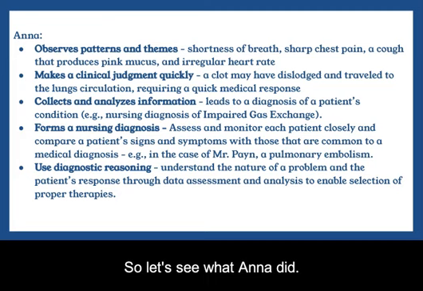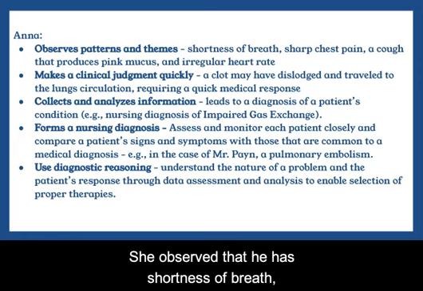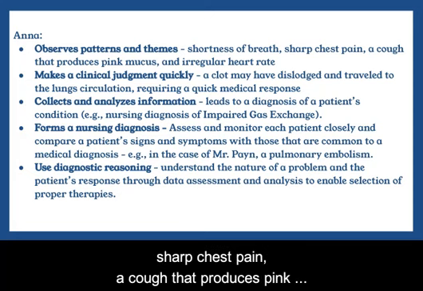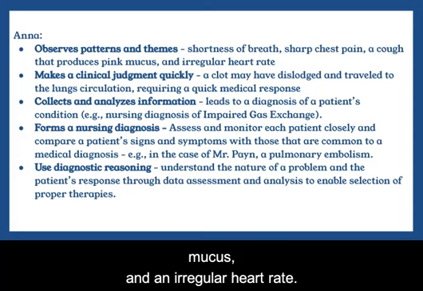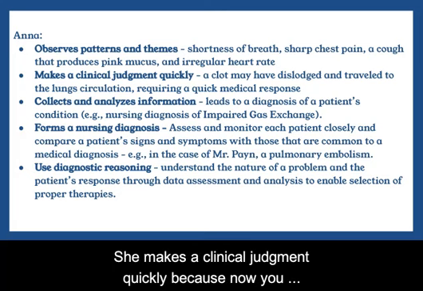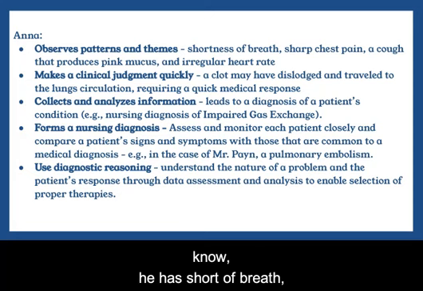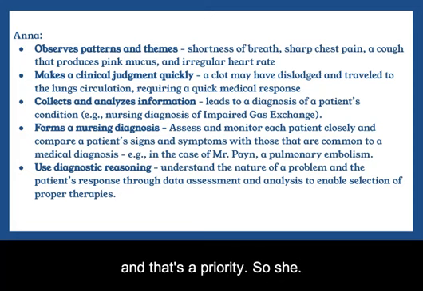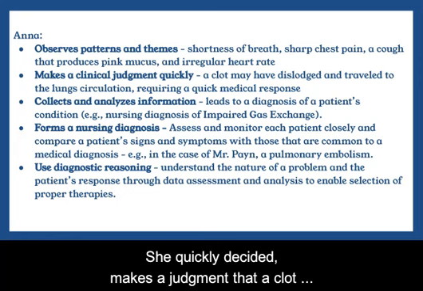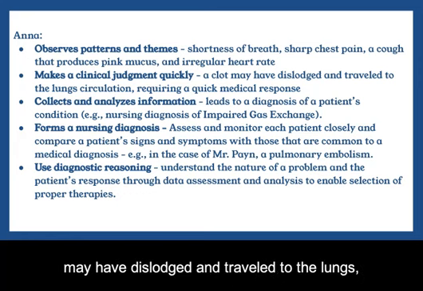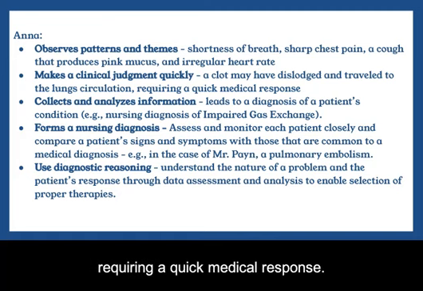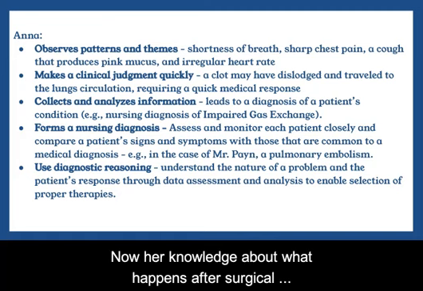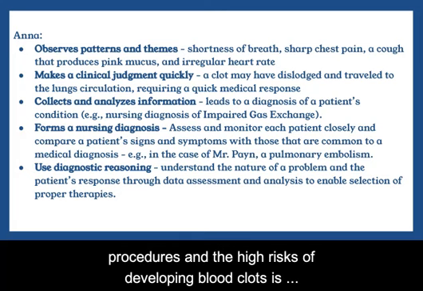So let's see what Anna did. Anna observes patterns and themes. She observed that he has shortness of breath, sharp chest pain, a cough that produces pink mucus, and an irregular heart rate. She makes a clinical judgment quickly because now he is short of breath, and that's a priority. So she quickly makes a judgment that a clot may have dislodged and traveled to the lungs, requiring a quick medical response. Now her knowledge about what happens after surgical procedures and the high risks of developing blood clots is